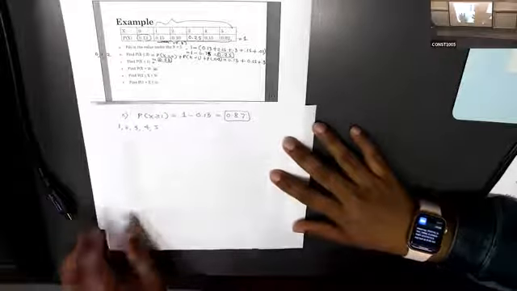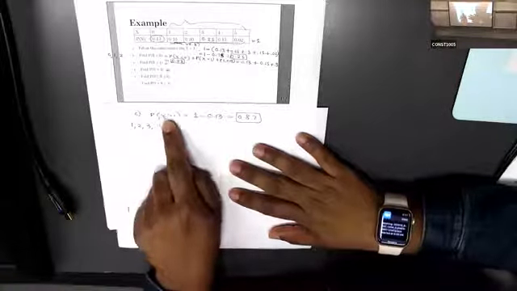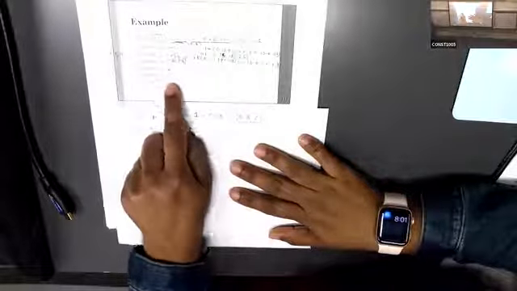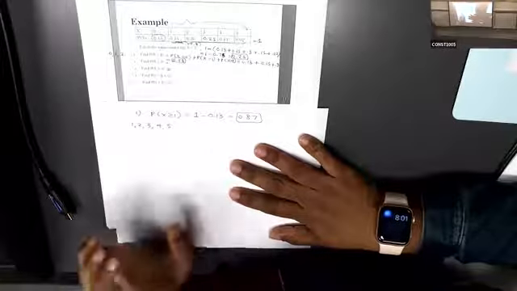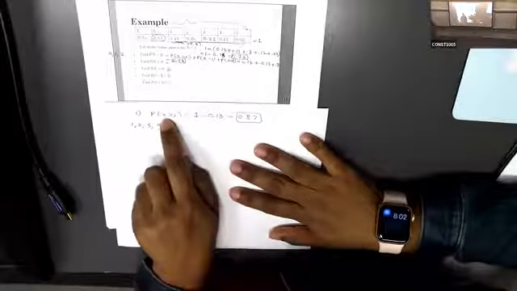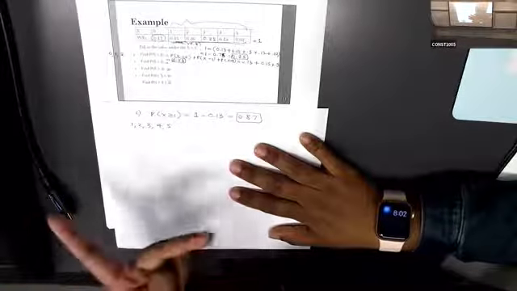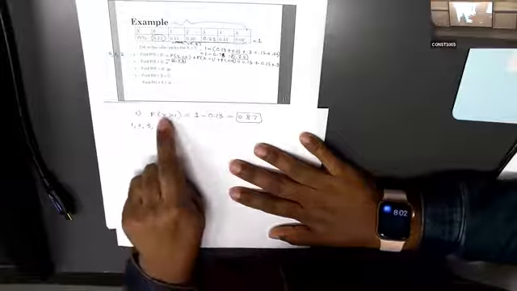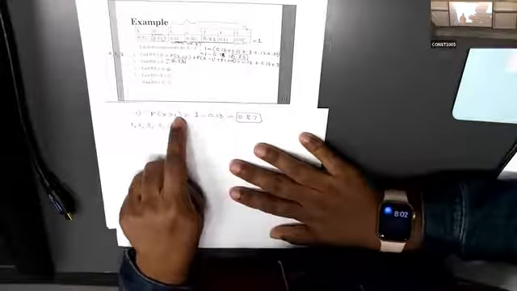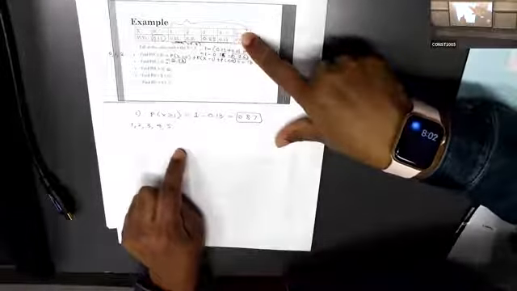Okay, last day we did up to part C. Remember here? This is part C. Here it says we have to find the probability of x values that are greater than or equals to 1. So this is the one. Normally, if it's this, you have to think what are the possible x values we have. Here x should be greater than or equals to 1. That means 1, 2, 3, 4, 5. Why is it 5? Because we have values up to 5, okay?